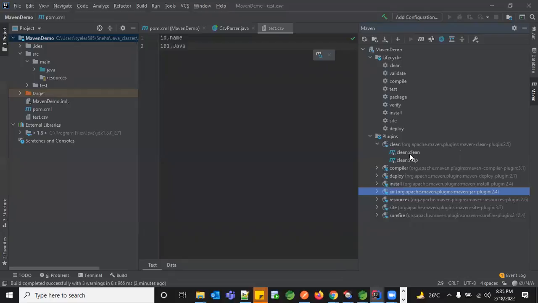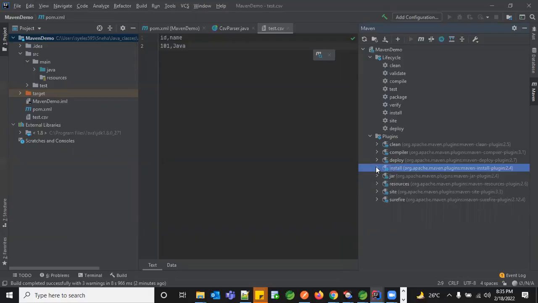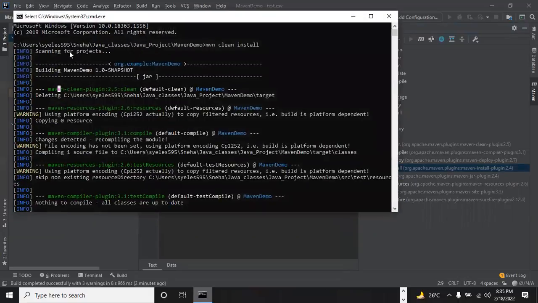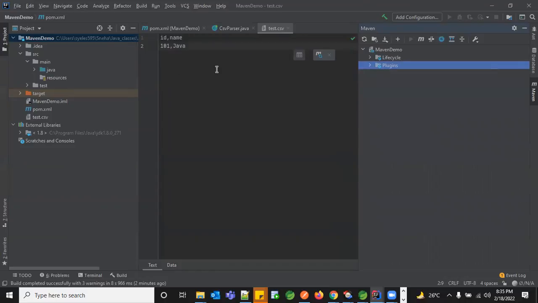If you're going for clean, you just have clean or clean help. And if you go for install, you just have install. These would be the commands executed from your IntelliJ. But if you're trying to execute from Spring Tool Suite, from your command prompt, or from Git Bash, it would be just the command with the lifecycle name, so mvn and the lifecycle name. You don't need clean clean or clean help when you're not using IntelliJ. And there is something called resources. We'll explore them one by one. The Surefire plugin is again for your test cases. So the life cycle, the first one, how does this life cycle begin? We'll go with that.